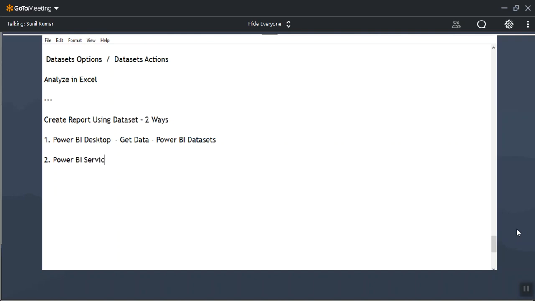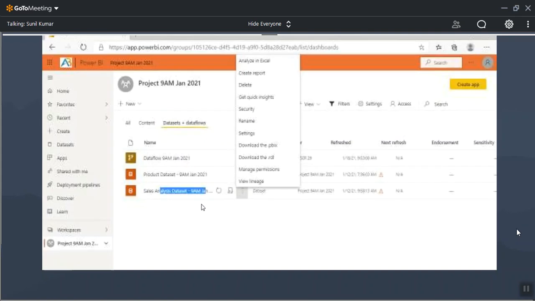We can create the report in the Power BI service, you can find. So in Power BI service, go to the data set, and click on data set options.